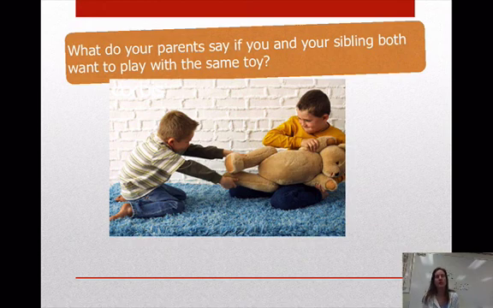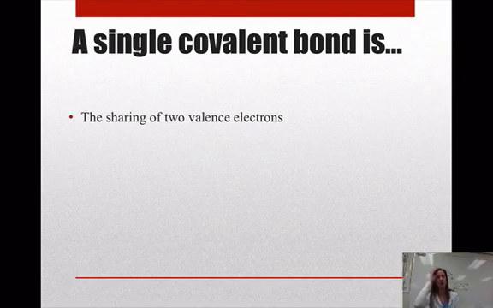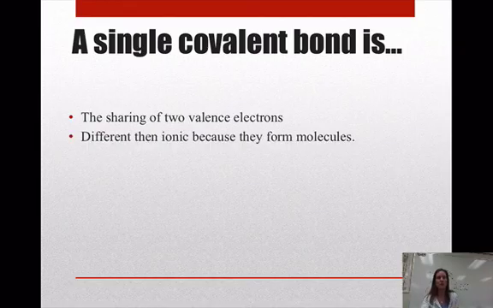Now, what do your parents say if you and your sibling both want the same toy? They probably tell you to share. And that's the other type of bond we have, a sharing bond. So a single covalent bond is simply the sharing of two valence electrons. Okay, one bond contains two shared electrons, an electron pair, right? What's going on here